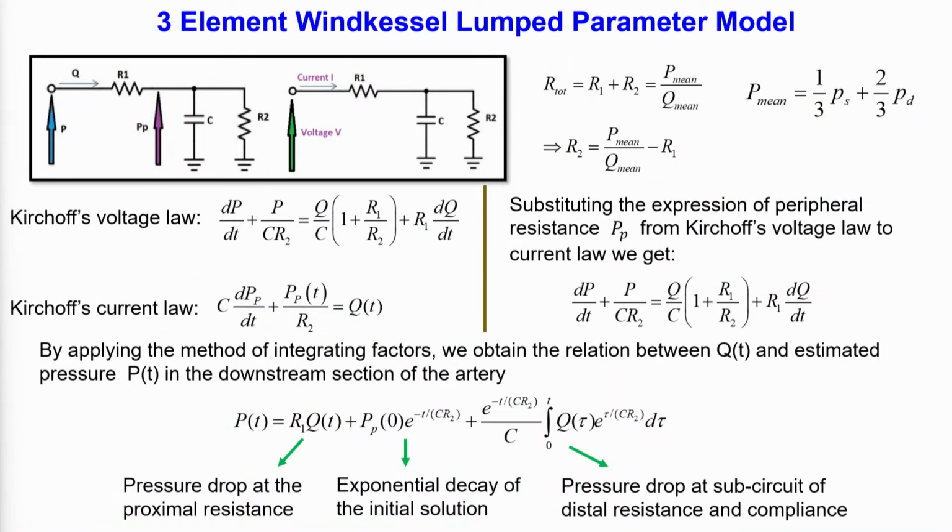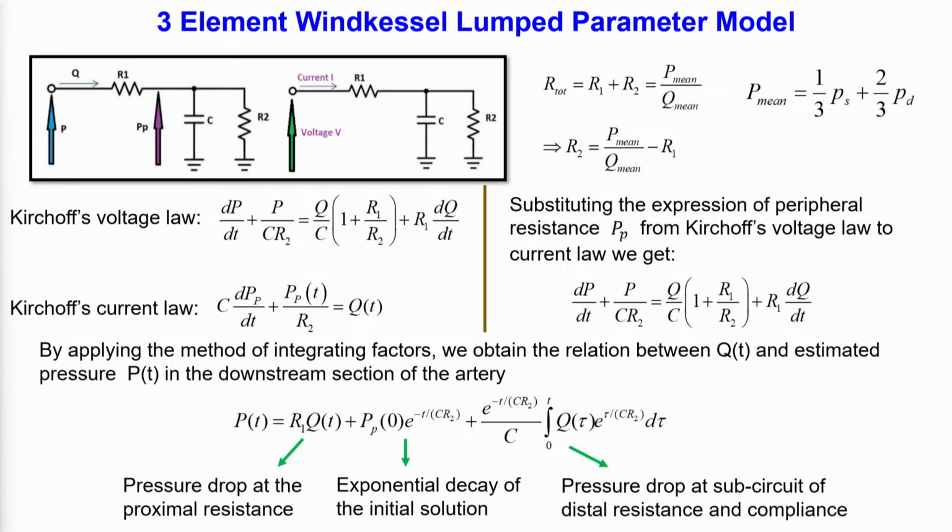What you do is simply use Kirchhoff's current and voltage laws. On the right hand side, Q by C into 1 plus R1 by R2 represents the voltage across the capacitor,